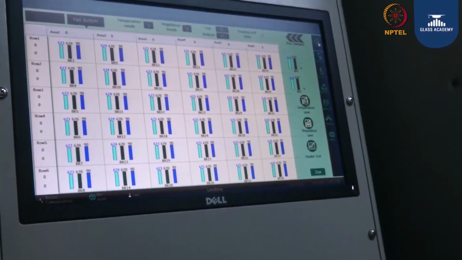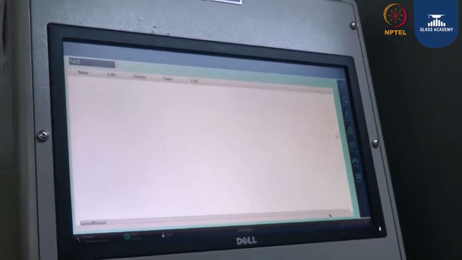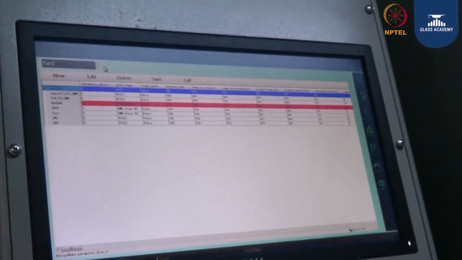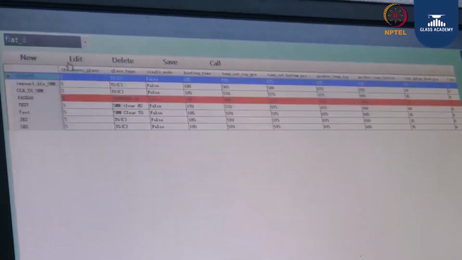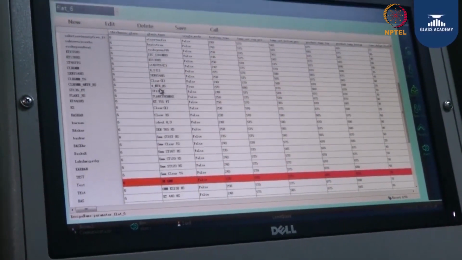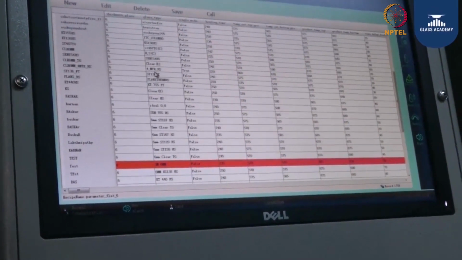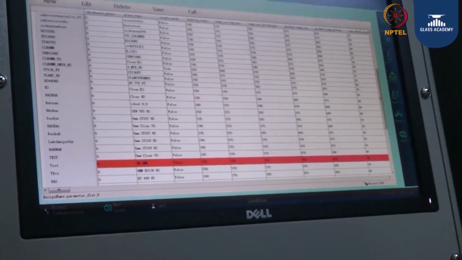Okay, next. This is the overall glass parameters. Now they are using 6 mm thick glass. These are the parameters you can keep. It will automatically save the feedback that we are giving. Next.